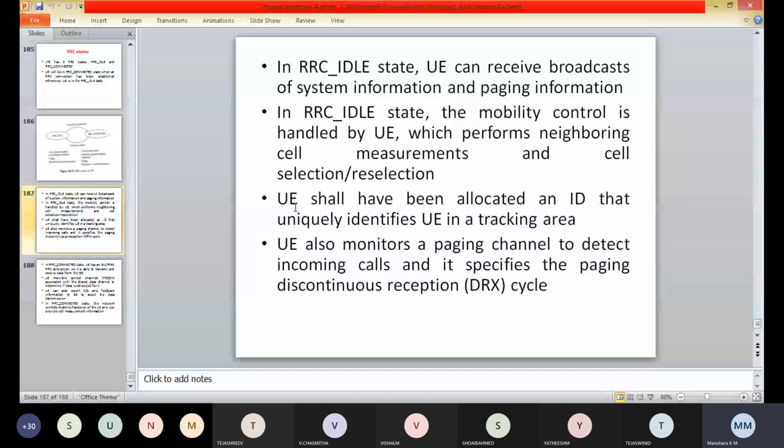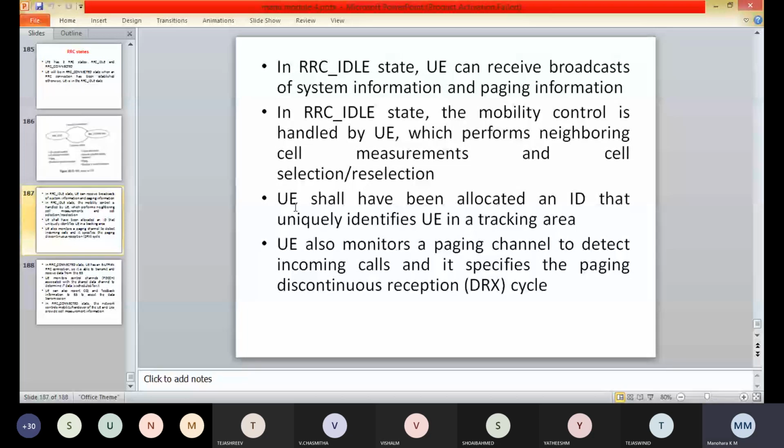At last we have SRB2, which is used for NAS messages using the DCCH logical channel, so that SRB2 has a lower priority than SRB1 and is always configured by the E-UTRAN after security activation.